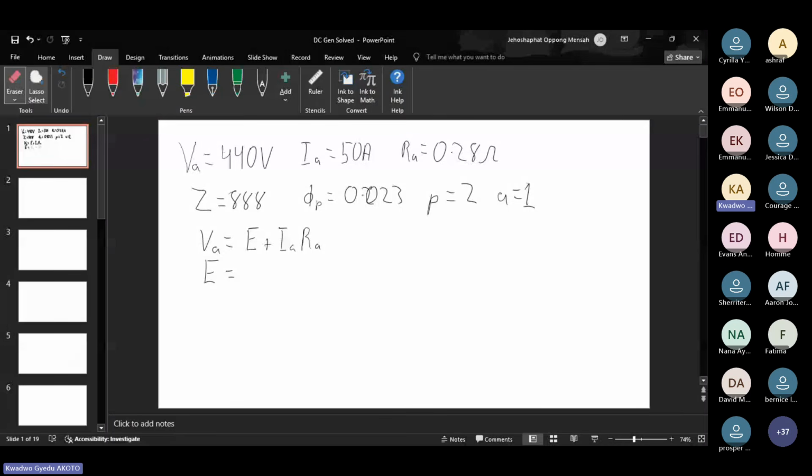VA, we have 440 minus 50 times our R is 0.28, right? So our EMF is going to be 426 volts. Okay. And we know that E is equal to